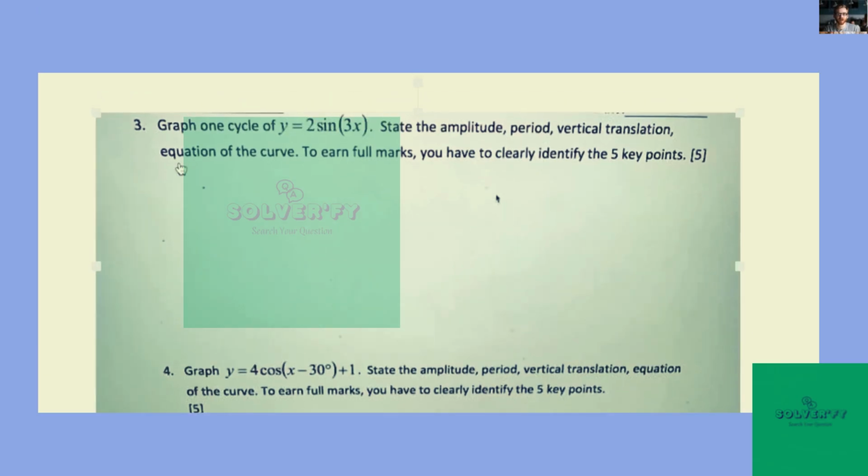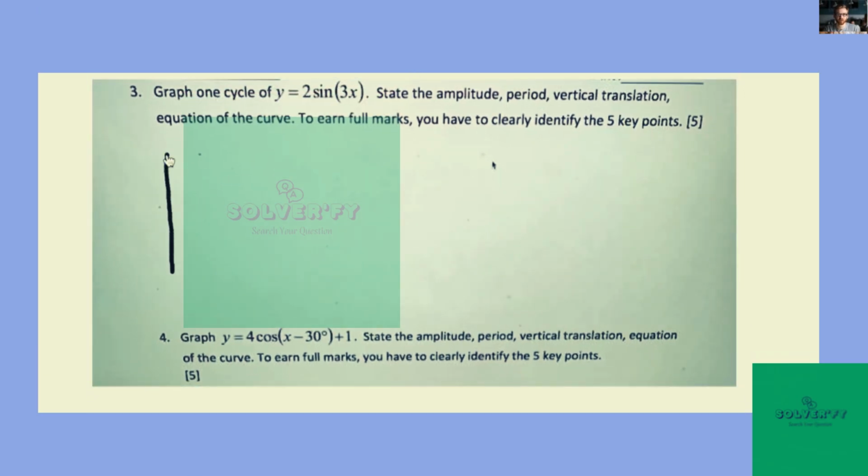If we start with some axes here, we have to understand that sine is starting at 0, 0 initially, and this is going to be as well because we have two things happen: a vertical stretch by 2 and a horizontal shrink by 1/3. There is no vertical shift up or down, so we'll go through 0, 0, which is your first key point. The amplitude is 2, so it'll go up to +2 and down to -2, and the period